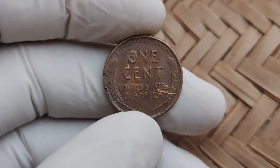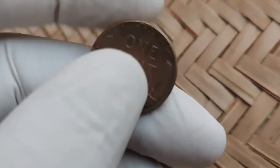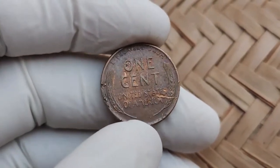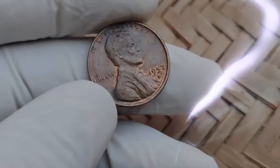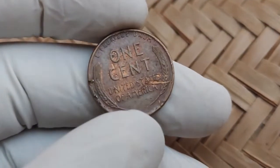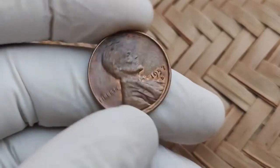Let's take it back to 1957, a time when Dwight D. Eisenhower was president, Elvis Presley was ruling the radio, and the average cost of a new house was around $12,000. Amidst this golden age in American history, the Denver Mint was busy producing millions of pennies, known as wheat